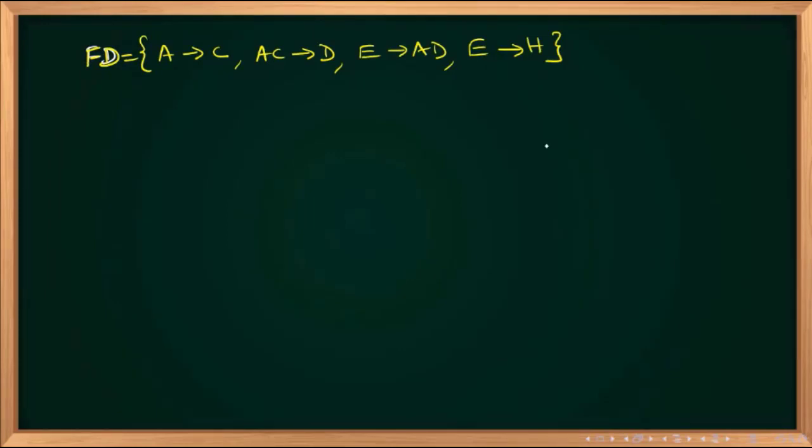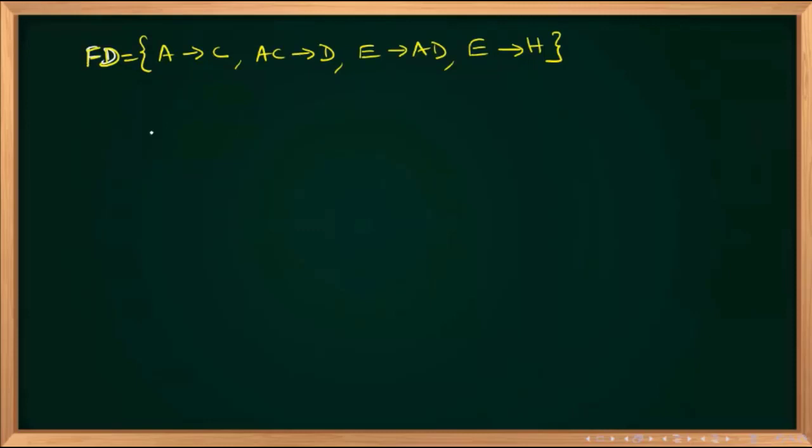A to C, A to D, E to A, E to H. Vishnu got A to C, A to D, E to A, and E to H. Others, please type the answer fast. Priya got A to C, A to D, E to A, E to H. Sangeet same. Okay, very good. Logical, so what is the need of typing? Others also same, type yes if it is same. Okay, very good.